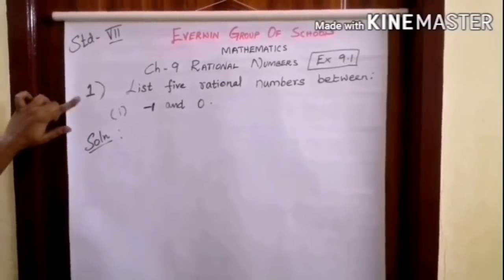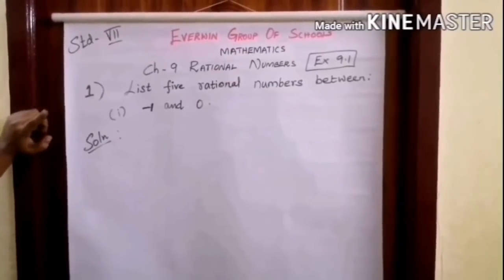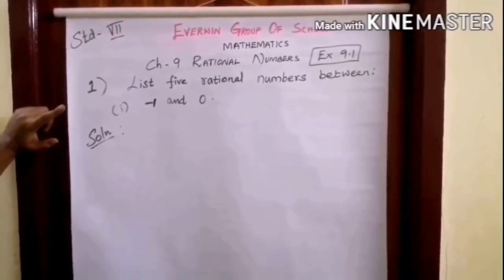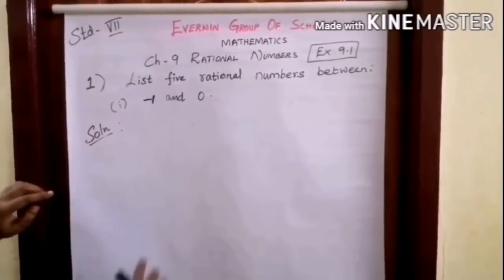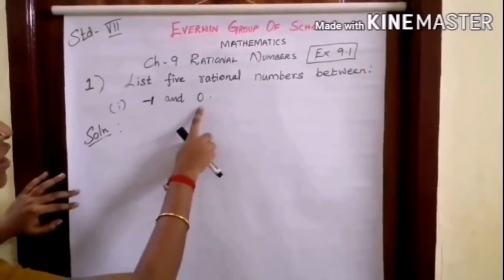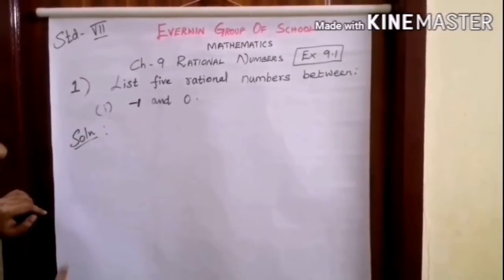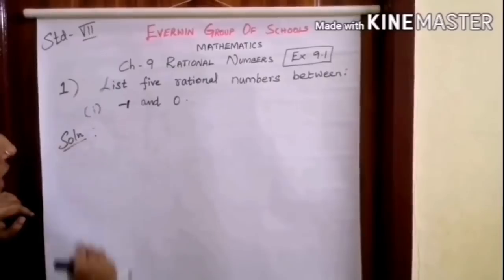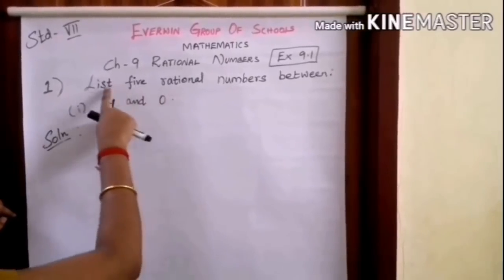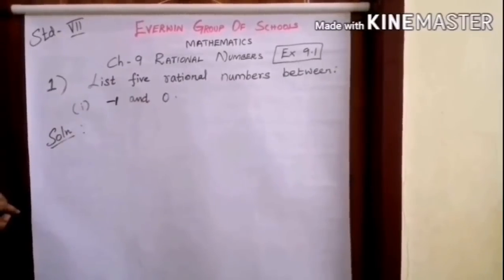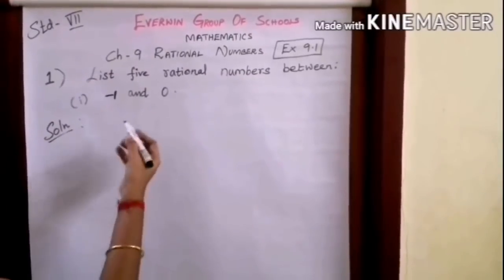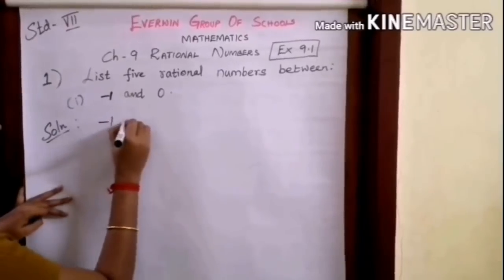Next, question number 1. List 5 rational numbers between minus 1 and 0. Look at here, this minus 1 and 0, they are integers. They are in the form of integers. But list 5 rational numbers between minus 1 and 0 is the question. How? So minus 1 can be written as